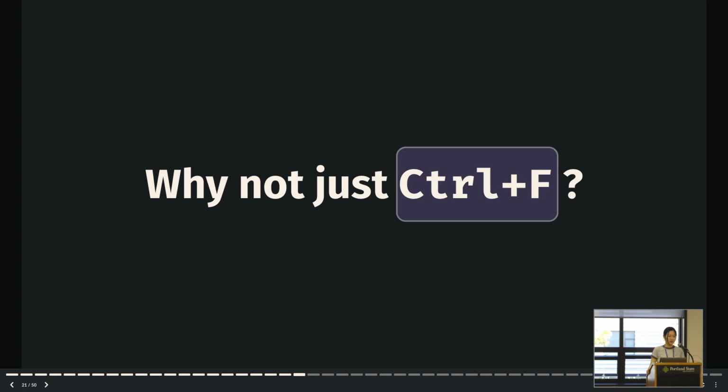Now, I know some of you might be thinking, why not just do a Ctrl+F to search for keywords like RSA? Why use CodeQL? Well, one of the reasons is that the example on the previous slide was super simple code that only has a few lines. Imagine code bases that have millions of lines of code with really complex imports, naming, and structures. Searching manually is a very time-consuming effort.